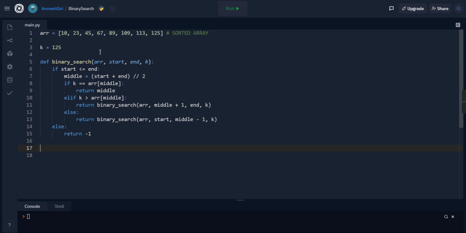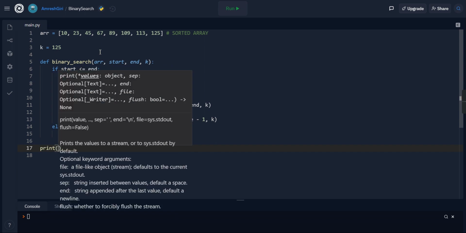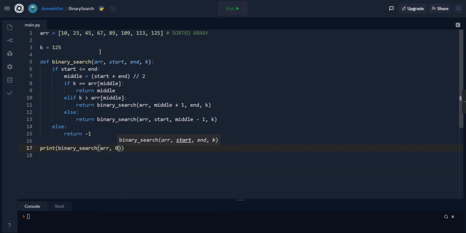So now we will simply call the function, and we will see if the element that we are looking for is in our array or not, and if it is, what's the index of it. So for example, k is 125 for this condition, starting is 0 and the ending is the size of the array, right?